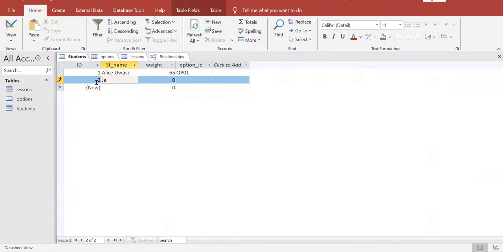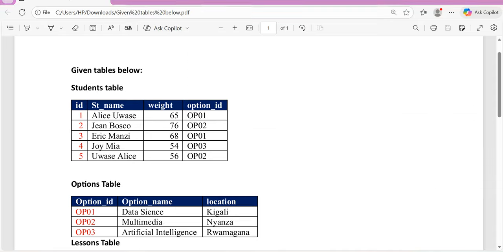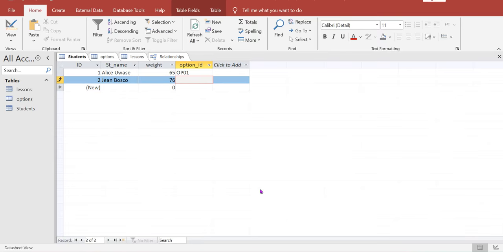Jean Bosco with 76 kilograms, and the option is OP02, which means he is a multimedia student. OP02. The next